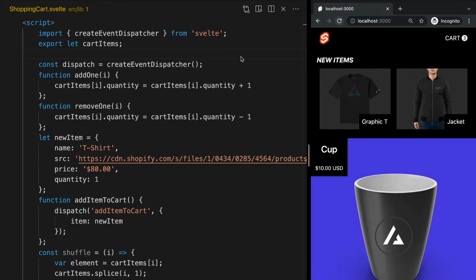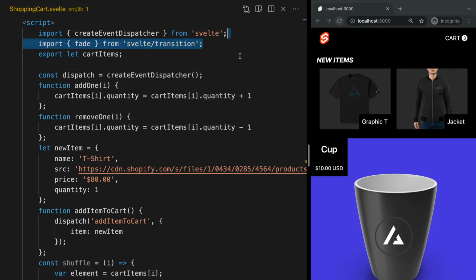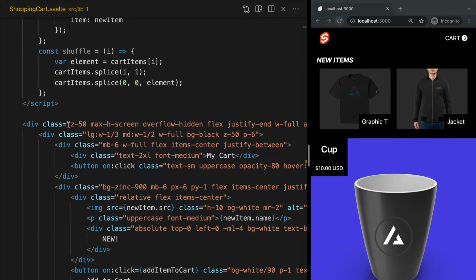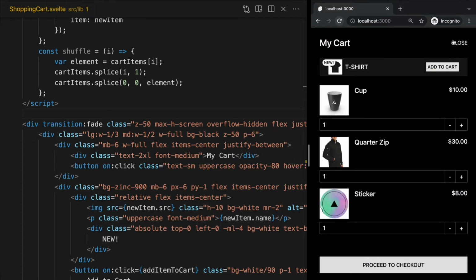We can do this using the fade function, which we can import from Svelte transition like this. Now by simply adding transition:fade as a property of our outermost div in our shopping cart component, we will get a nice fade in and out transition. Let's test this out in the browser. If we click our cart button, we see that our shopping cart fades in when we open it and out